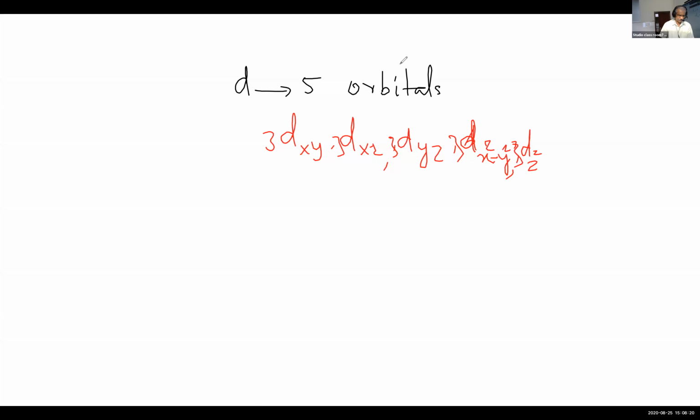Got it? I told you that the energy of an orbital is determined by both n and l values in multi-electron species. You know how to write the electronic configuration of an atom. In the 10th standard you wrote K shell is equal to 2, L shell is equal to 8, etc.